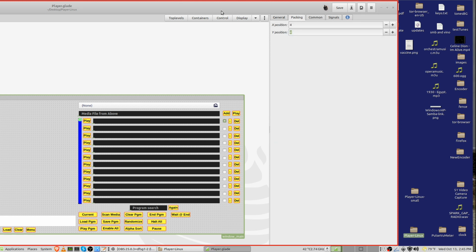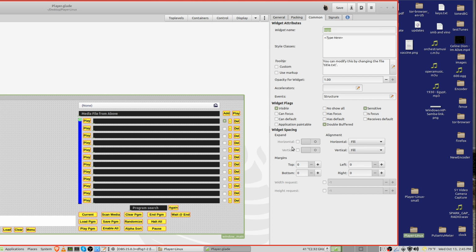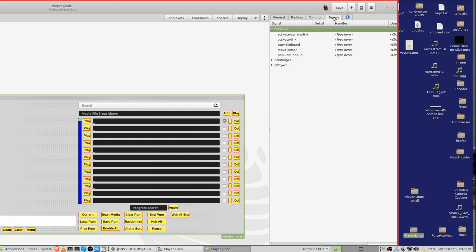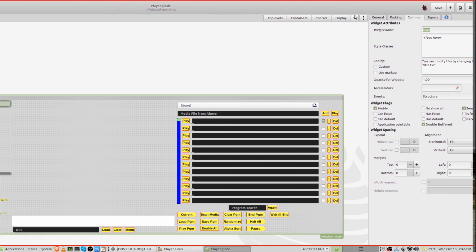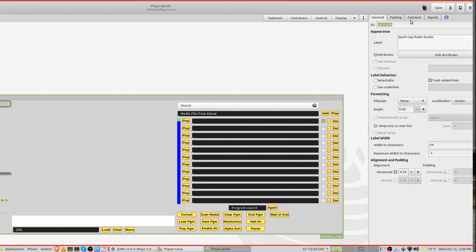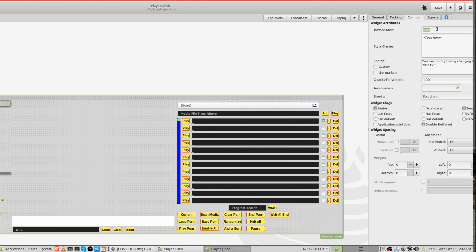Packing, that's where it's located. It's at X position 4 and Y position 4. So it's at the top left of your program. Let's see, nothing. These are mainly default. I don't see anything. Oh, the other thing is its widget name is called logo. Okay, signals, there shouldn't be any signals because it's inert. Labels are normally inert. They don't do anything. So it's called its widget name, which is separate from its ID. I don't know, they use the term widget name. I wouldn't call it a widget name, but it's the name that it uses in order to look up its